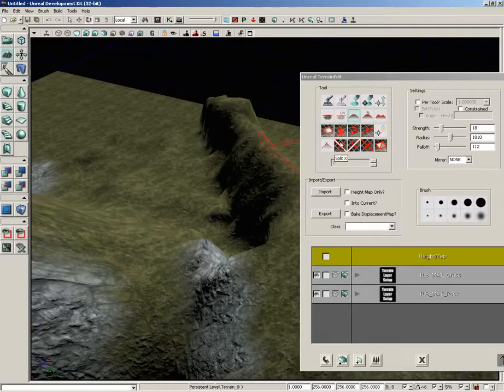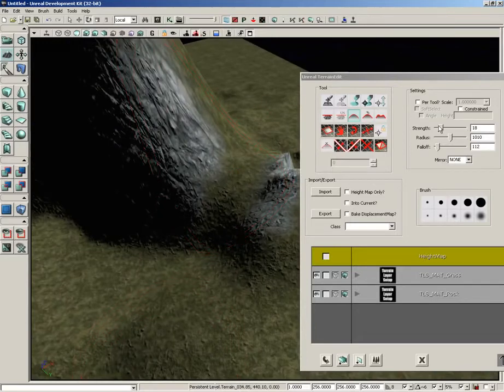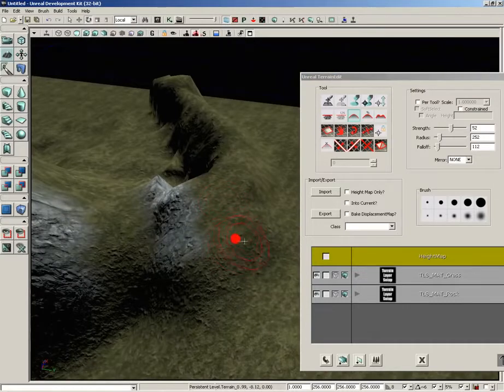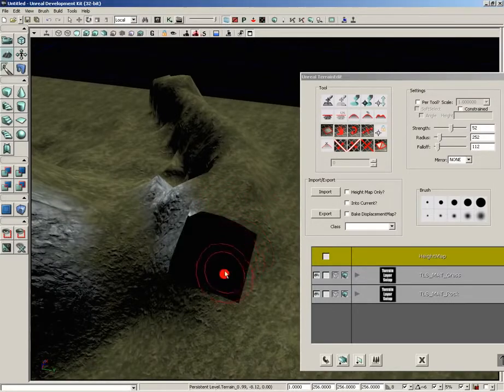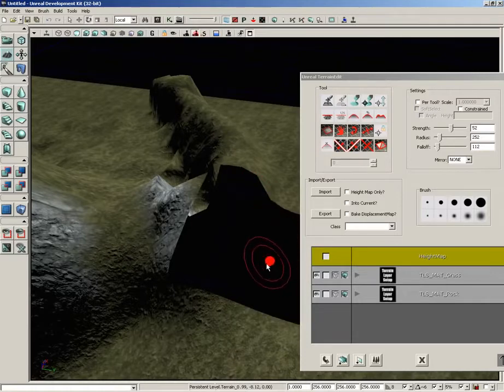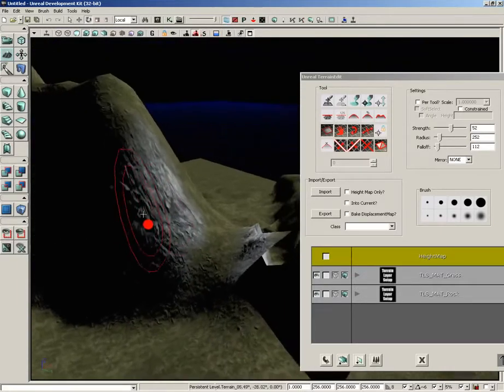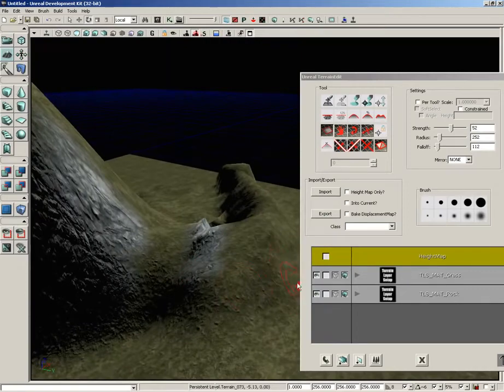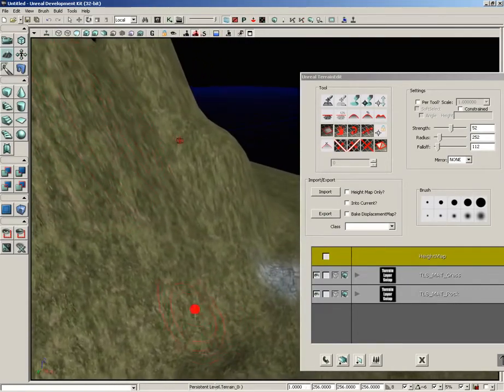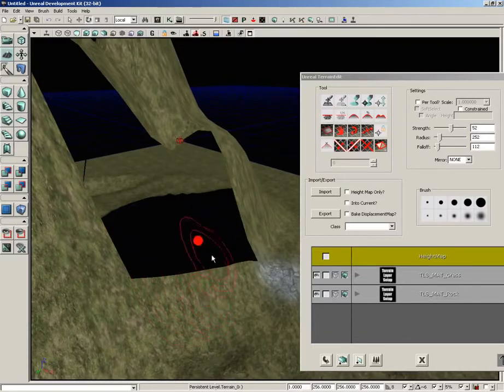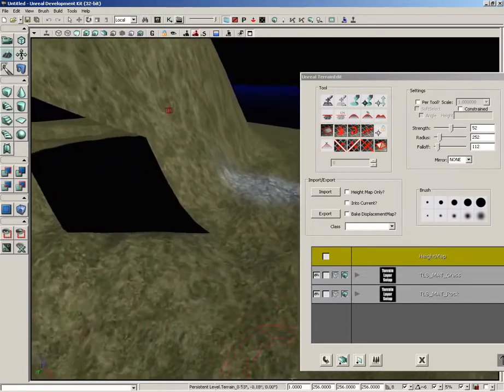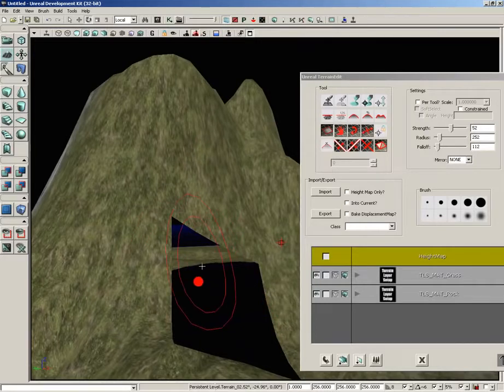Now, moving on from here, we have visibility. This allows you to show and hide sectors of your terrain. Now, this is really important and easy to overlook. If we control left drag with visibility active, we're taking entire sectors of our terrain and making them disappear. Now, why would you ever want to do that? Well, if your sectors were a lot smaller, then you could use this to cut away parts of your terrain. Let's say if you wanted to make a mountain base, say in the side of this mountain, you could delete out, actually maybe those are a little big, right? Maybe down here. Just delete out this section of the terrain